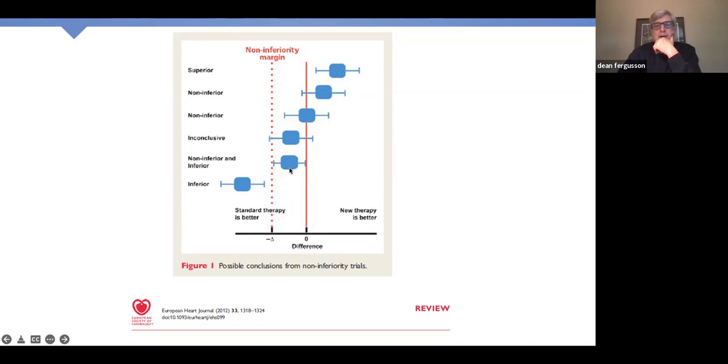Whereas this one, because it crosses again on the non-inferiority margin, it too would be non-inferior and inferior, right? Where the new treatment is not better than standard, but did fall within the non-inferiority margin. And then the final one, where it's way outside the non-inferiority margin, you would obviously conclude that standard therapy is better. So that's the philosophy behind it. What's really important is non-inferiority trials are for comparative effectiveness studies